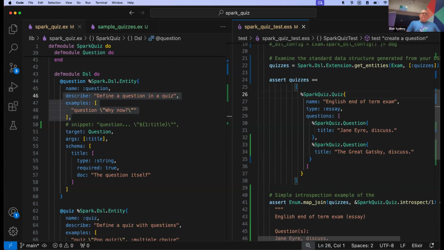Ash is probably a good place to find examples of where that's useful. We can introspect things like resources to create diagrams, like Viz diagrams or Mermaid diagrams of domain architectures, entity relationship diagrams, and that kind of stuff.